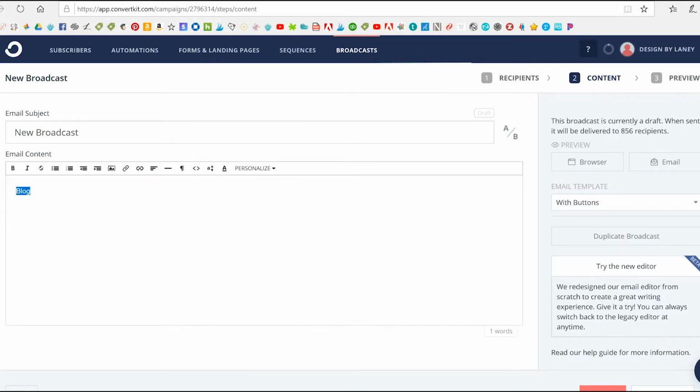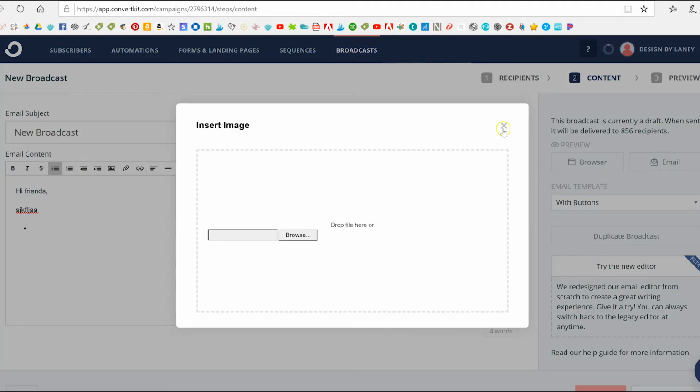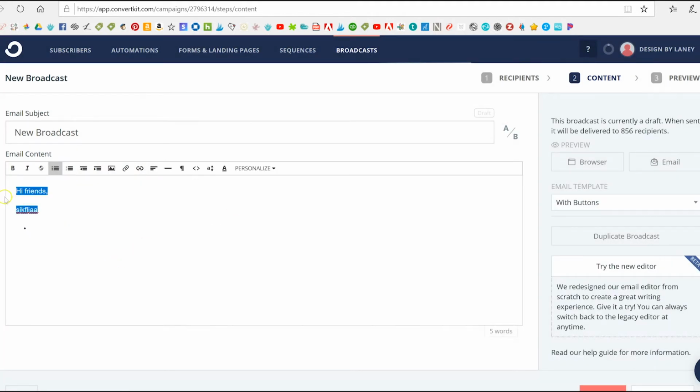So there is a little bit of coding knowledge. That being said, a lot of my broadcasts don't have any coding. You can type in a lot of information, do lists. There's a lot of different things you can do. You can do lists, you can do regular links. You can even put an image in here. So there are a lot of things you can do without that coding knowledge,